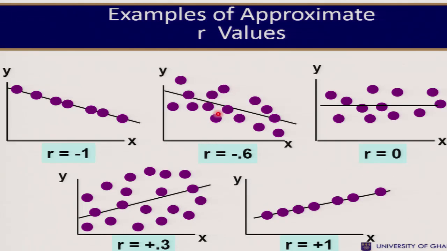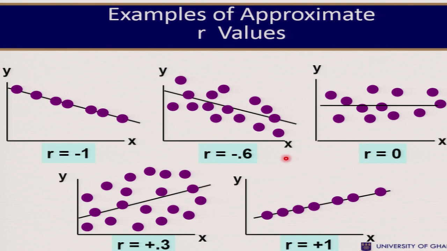We also note something about the strength of the relationship. These curves indicate some of the strengths. You could see that this is a perfect negative correlation. Everything falls on the straight line, and the dots are arranged on that line perfectly. It tells you that y is perfectly related to x. We also have a moderately strong negative relationship between y and x, and it gives us a correlation coefficient of